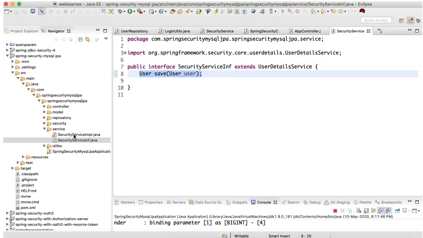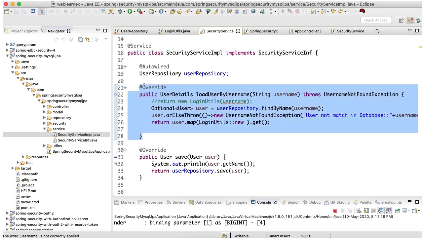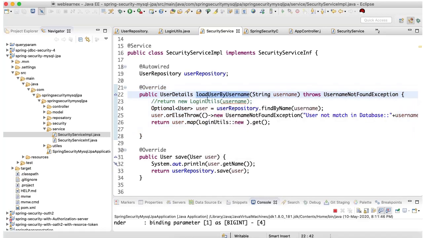And I have created one implementation, security service impl, extending the security service interface, and it overrides the method loadUserByUsername. This is an override method provided by Spring.